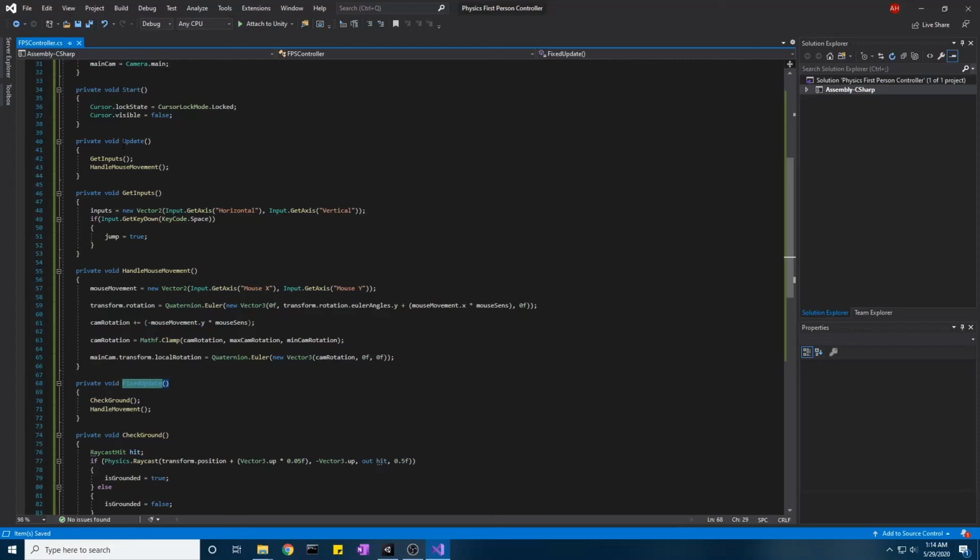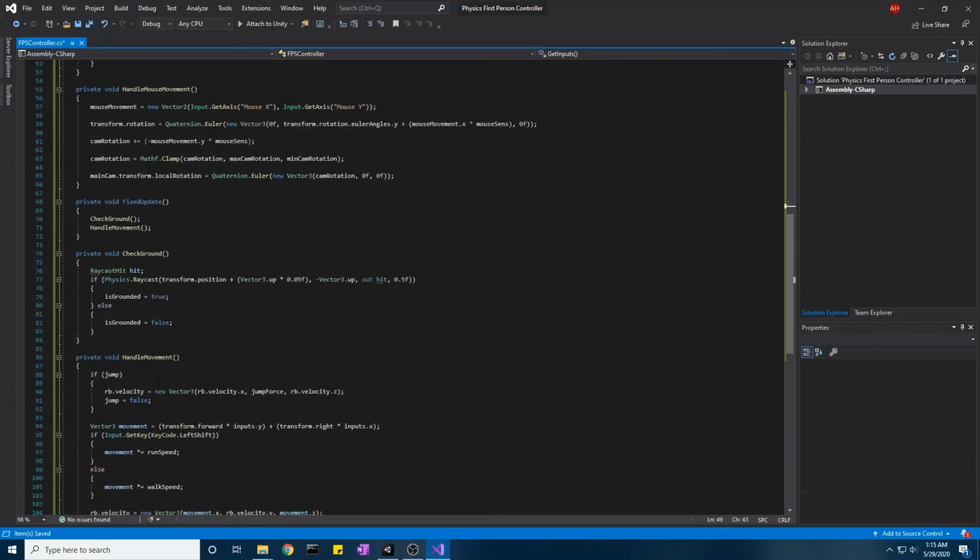However, since this is running in Update and FixedUpdate, sometimes this Update will run before this raycast ever gets called. So even though this would be true, this changes first. So now we jump. Rather than doing it in the input, you could do this and it would work fine. However, it would actually be isGrounded. You could do it this way, but I would recommend instead doing it down in here,